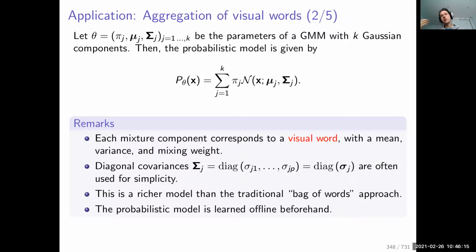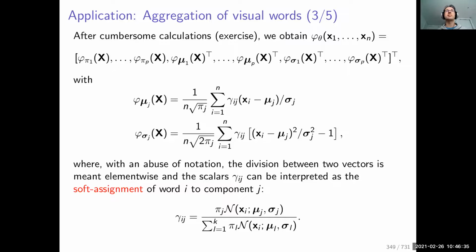And the Fisher vector will simply represent the discrepancy between the empirical moments that you have in your image and those of the probabilistic model that has been fitted to many types of images. Let us be more precise. After some calculation that I don't want to do on the slide because it's just too painful, but you can trust me, you will see that the formulas are very similar to the ones that we had for the Gaussian distribution. And here, this is a mixture of Gaussians.